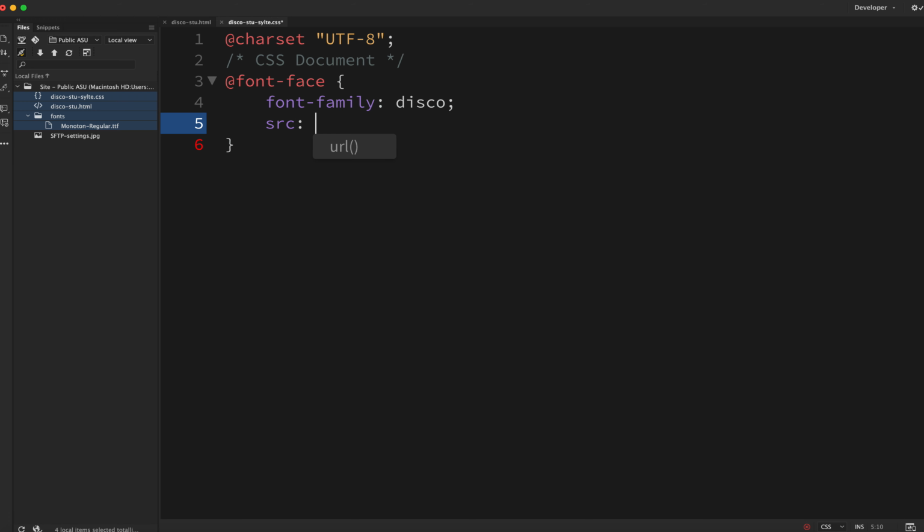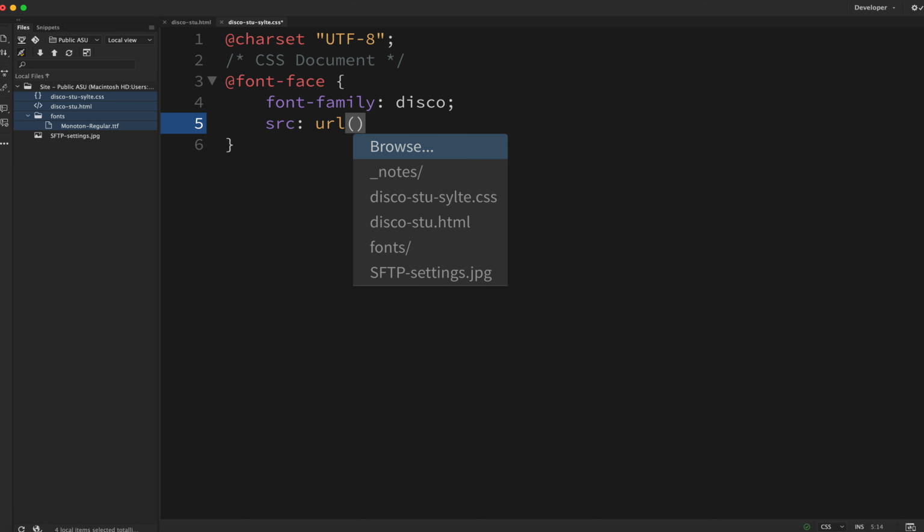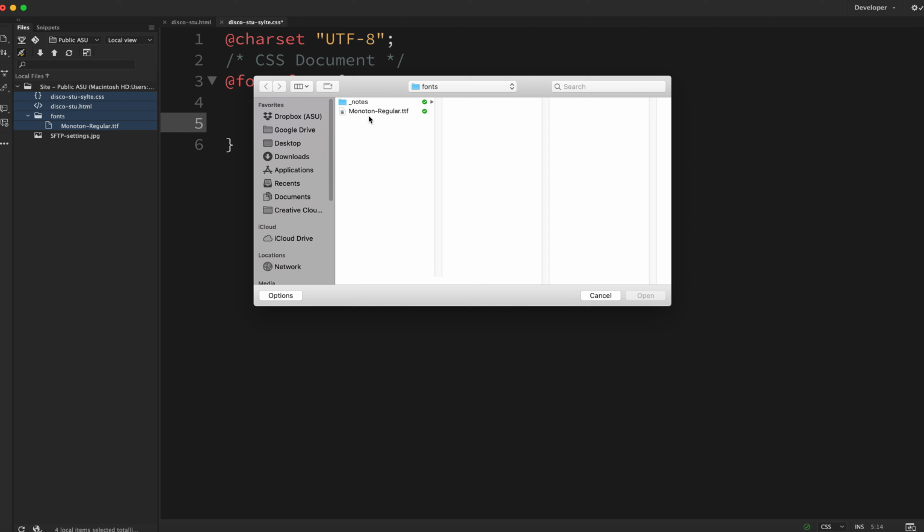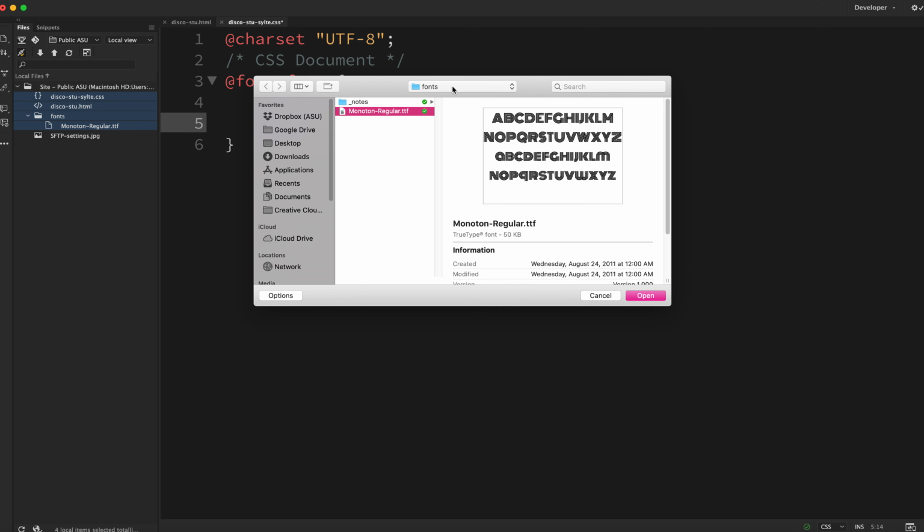The next thing I want to do is add the source of that file, right? The src. And so I'll go ahead and add the value of url and then parentheses. And in parentheses, I'm going to browse for that file. And there it is right there. I've added in my directory a fonts folder so that it will contain all of the fonts that I might upload to my site, just like you would with your image folder. In fact, this whole process is extremely similar to uploading images.